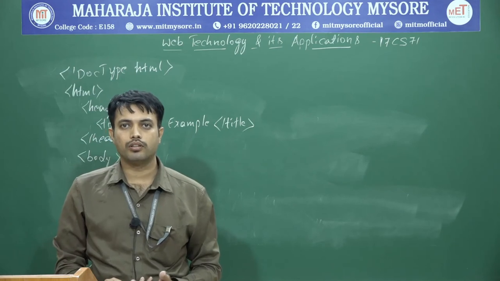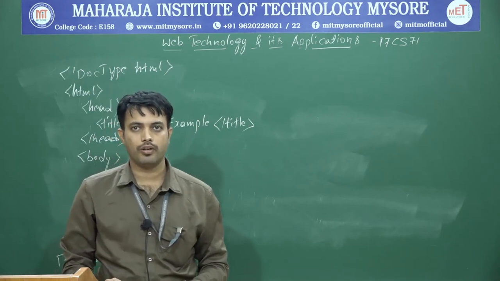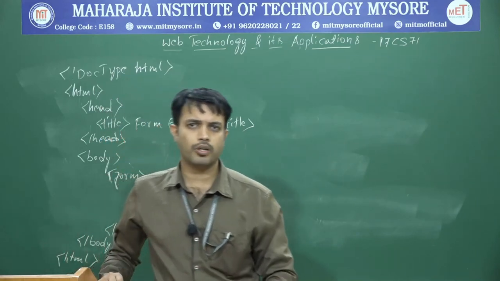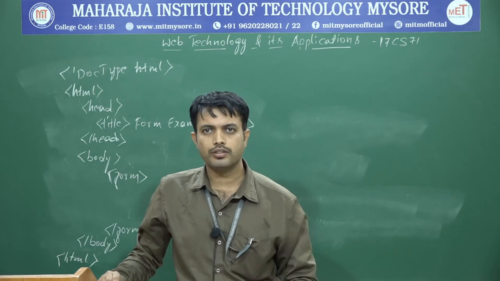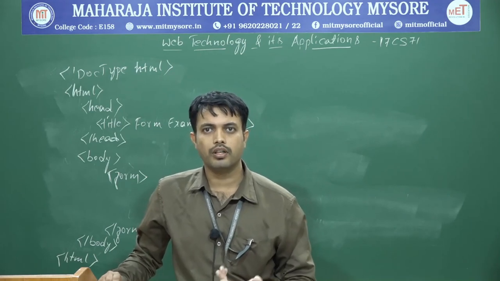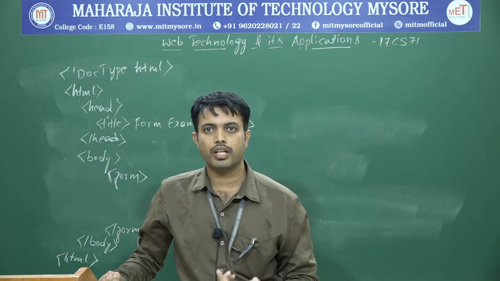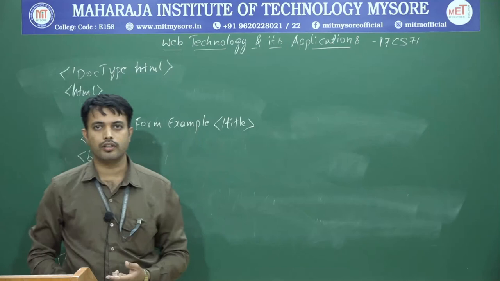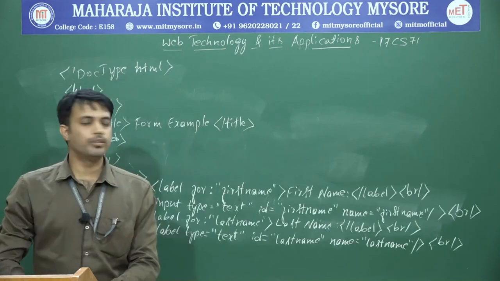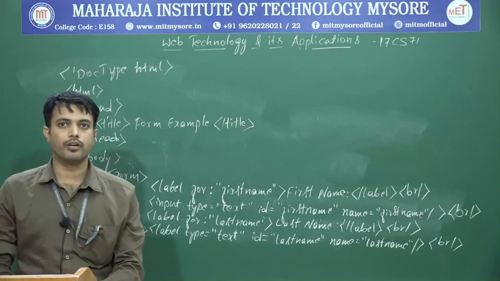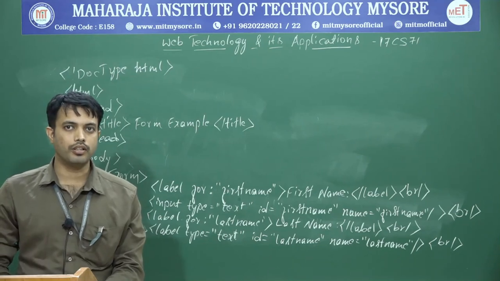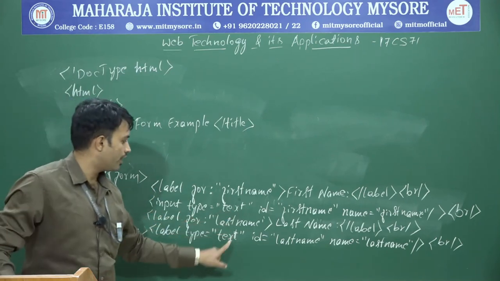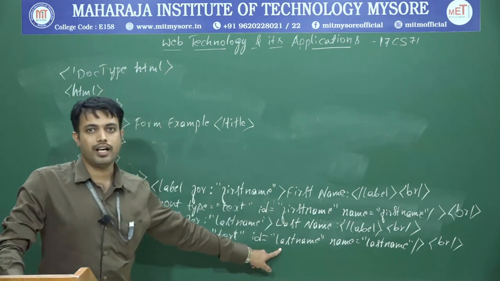So we have one more tag called label. We use so many controls like a text control box, whatever. For all those controls we need to give a label, so we can use the label tag. Let us look into a label example. This is the example program to read first name and last name. Here I am going to use label along with input type equal to text for both first name as well as last name.